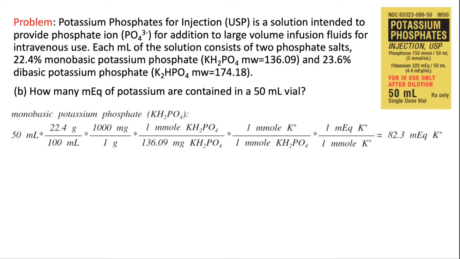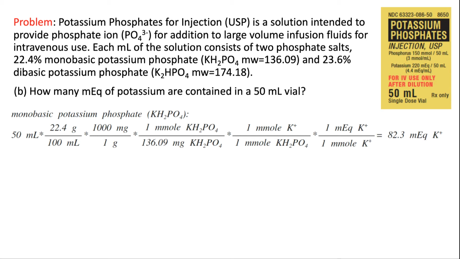Well, where do we start? Let's start with the volume of the vial, and we have to calculate the amount of potassium coming from the monobasic separately from the amount coming from the dibasic. So let's start with the monobasic, and we'll start with the fact that we are looking at a 50 milliliter vial. So we'll take 50 milliliters, multiply it by the concentration of the monobasic, which was 22.4% or 22.4 grams per 100 milliliters. Convert grams to milligrams by multiplying by 1,000. Convert milligrams to millimoles by dividing by the formula weight of 136.09. And we're now in, again, millimoles of the parent molecule,